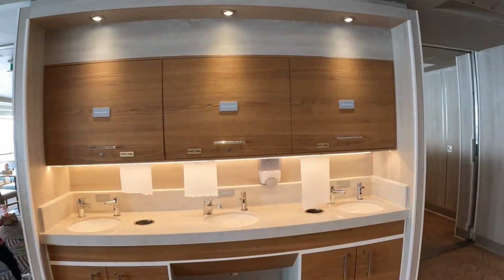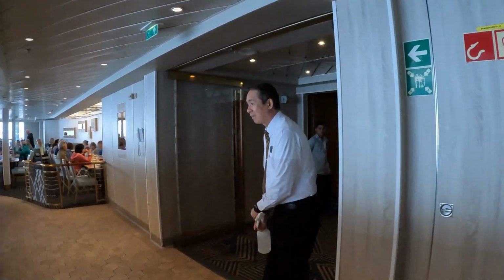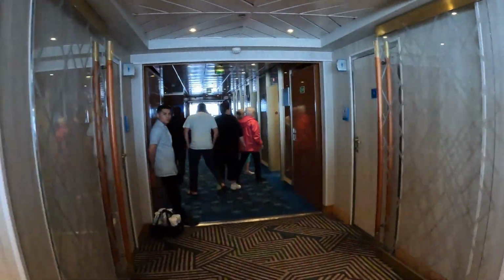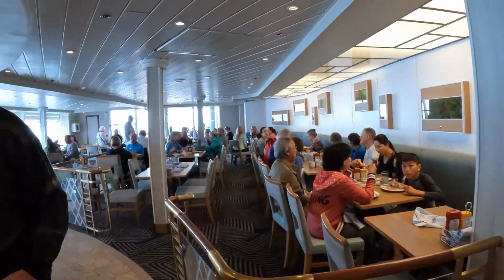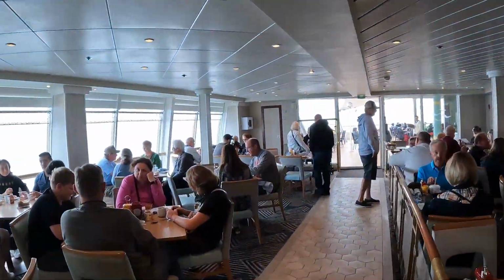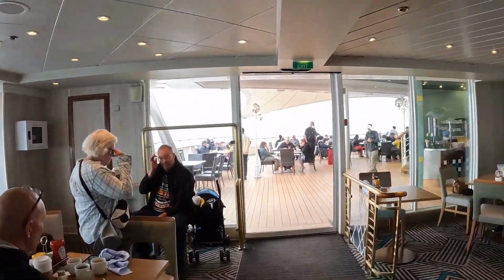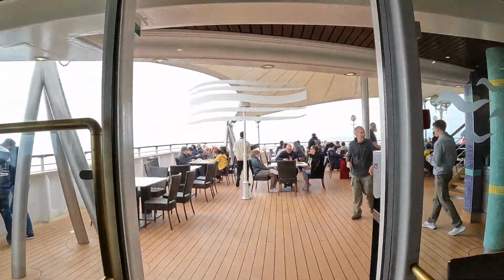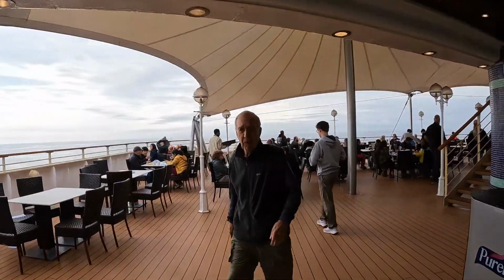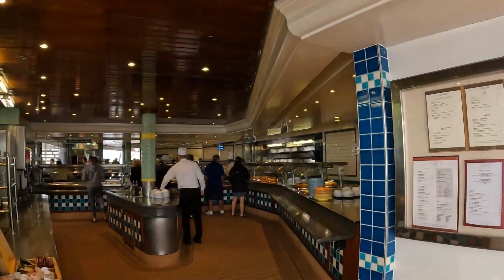Hand washing stations to wash your hands before time. And then there's always somebody there to spray your hands. And then this leads to outside seating, which is actually quite nice. There's also a continuation